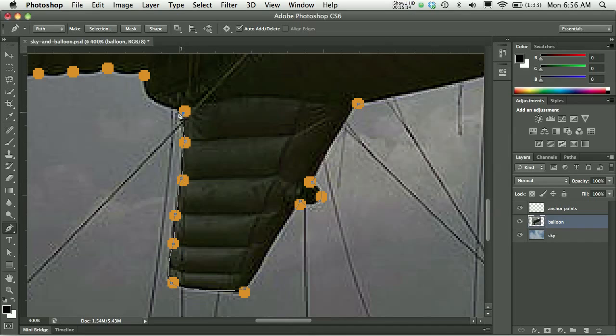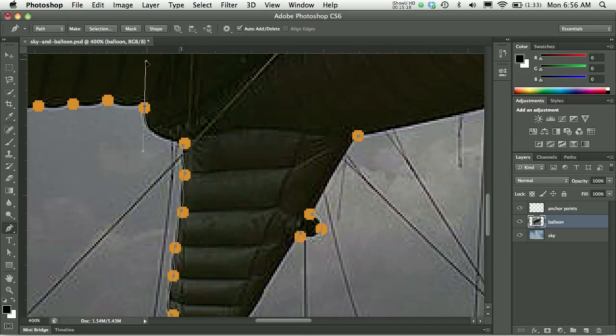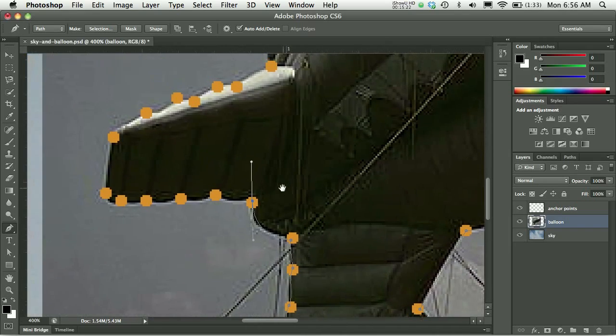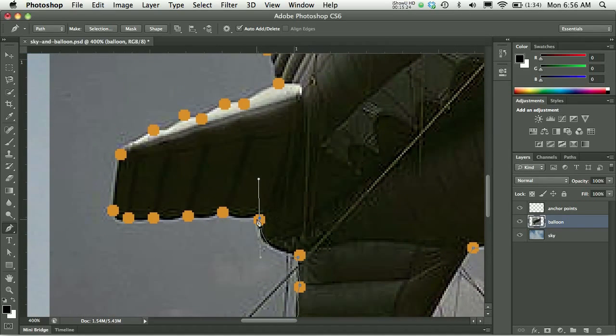I'm not really too concerned about getting precise in there. I will Option click my anchor point here so that I can change directions and get my path to conform to the balloon there. Spacebar to move this out of the way here. Option click on the anchor point there, because look at my handle, it's pointing all the way over here. If I would go click here, I've got kind of the opposite of what I want. So Option click on that anchor point,